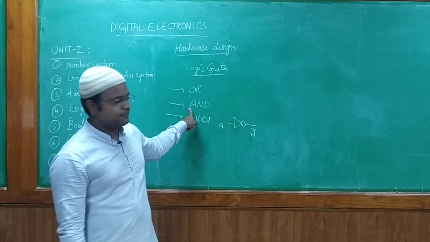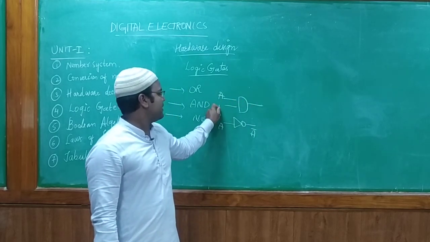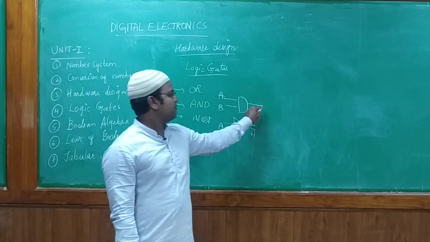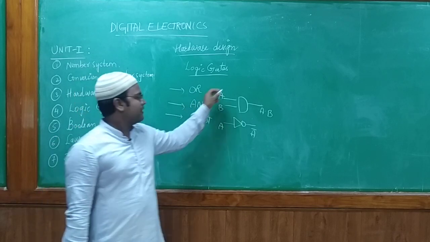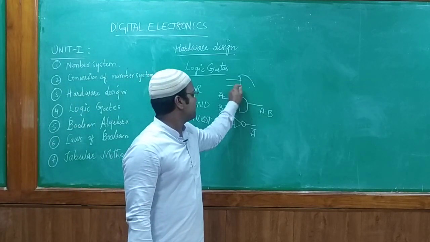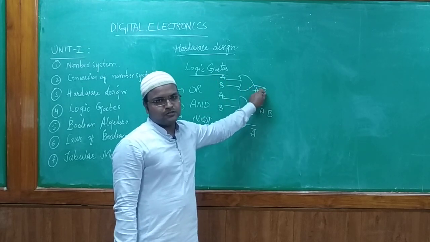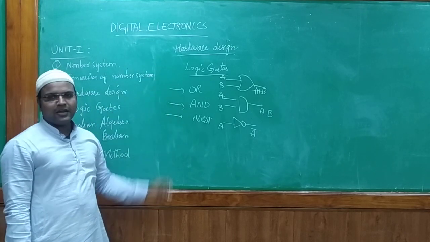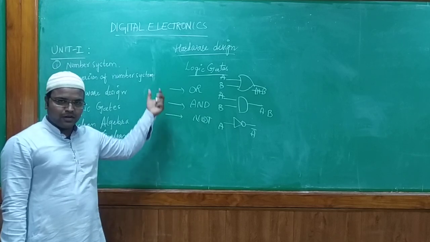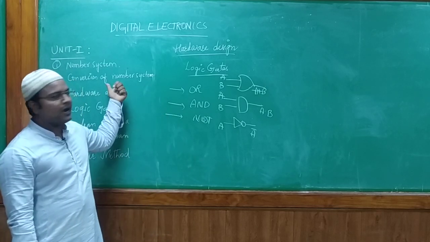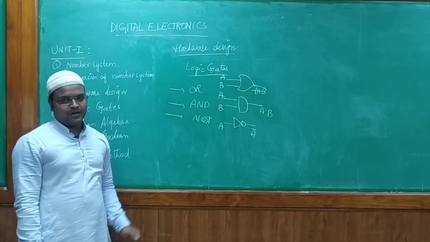Similarly, if I have an AND gate, AND means I am taking two operands. That is called the binary operator. If I am taking A and B, it's similar to multiplication, like A into B. Like that, if I want to write OR, the symbolic representation would be A plus B. So this is the way the basic hardware logic gates work, and we will also take the universal gates like NAND, NOR, XOR. By taking all those gates, we need to design the hardware in electronics. That is considered to be the hardware design of those particular logic gates.